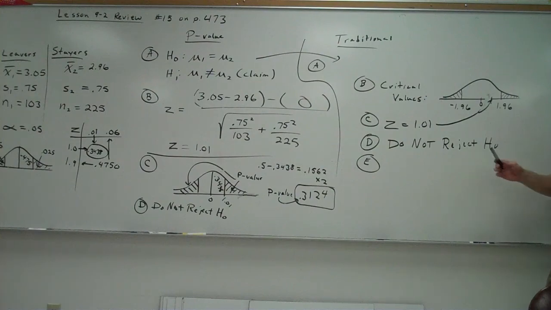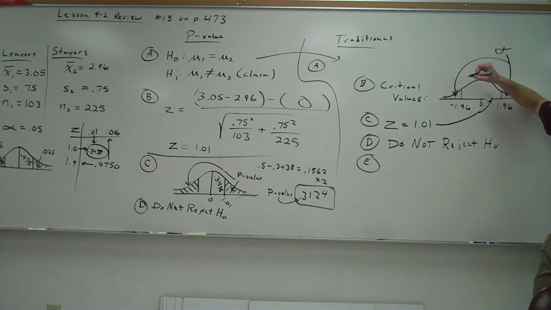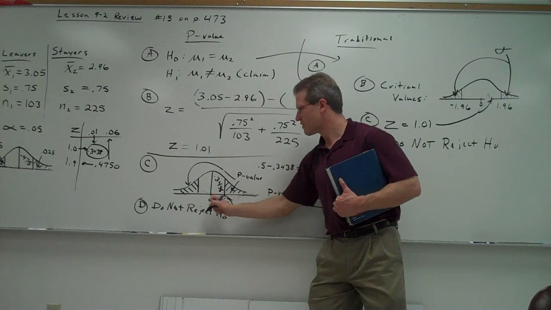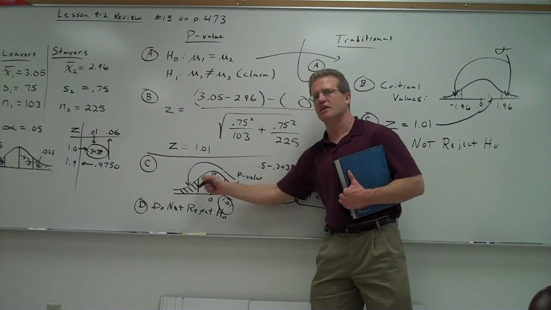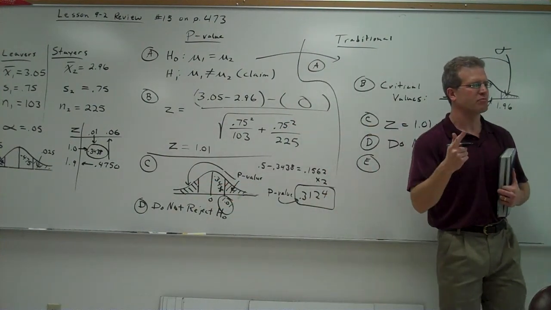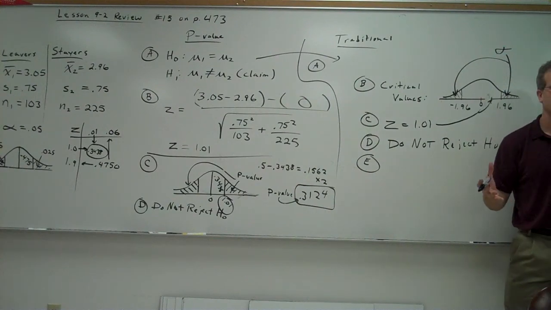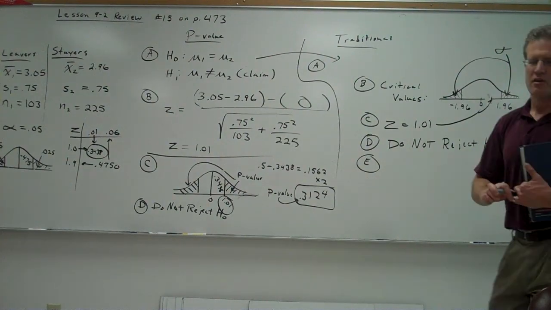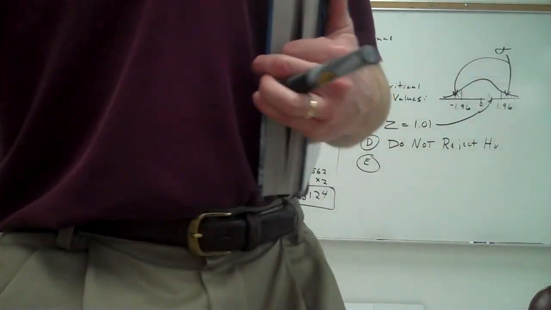Okay? And again, the area outside of the critical values, this is called alpha. It's the probability of type 1 error. The area outside the test value, 1.01, and negative 1.01, that's called the p-value. So alpha and p-values are both areas. Okay? Anyone have any questions about that? It's a lot of information, but that's what we're trying to get to understand. All right, I don't think we'll do confidence